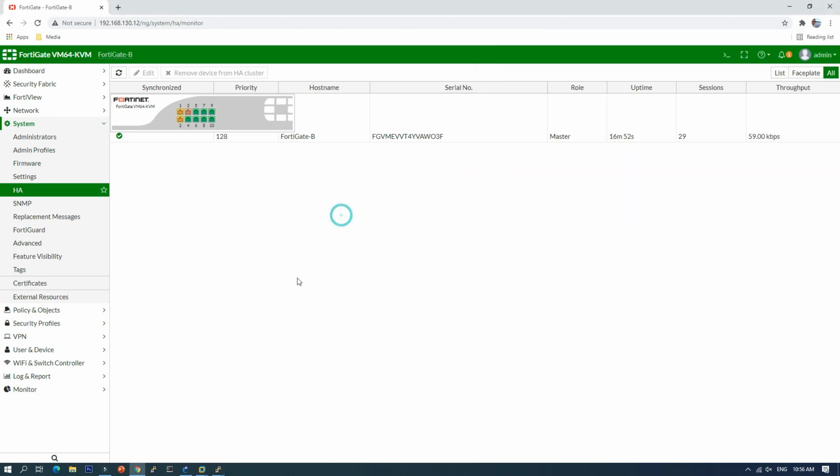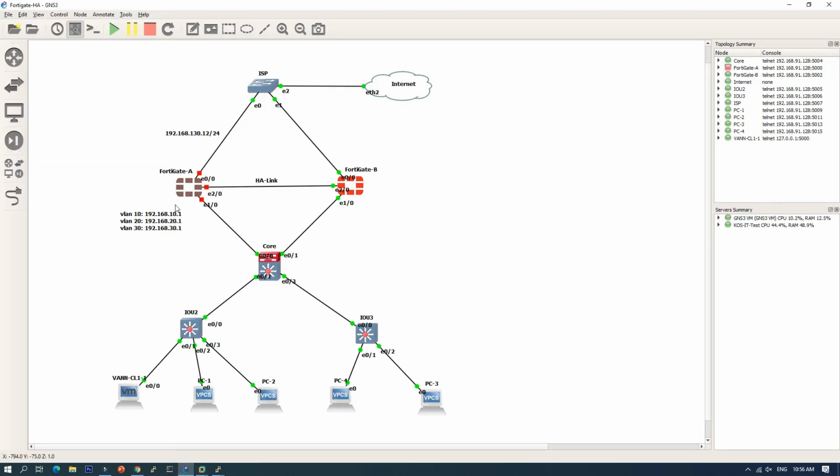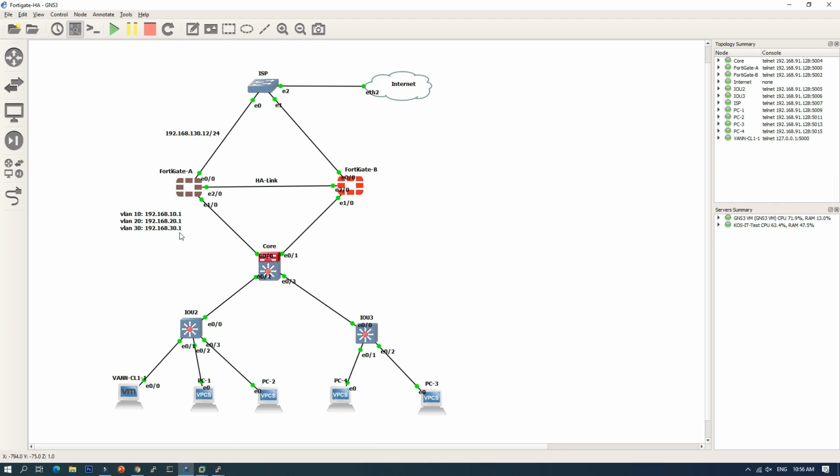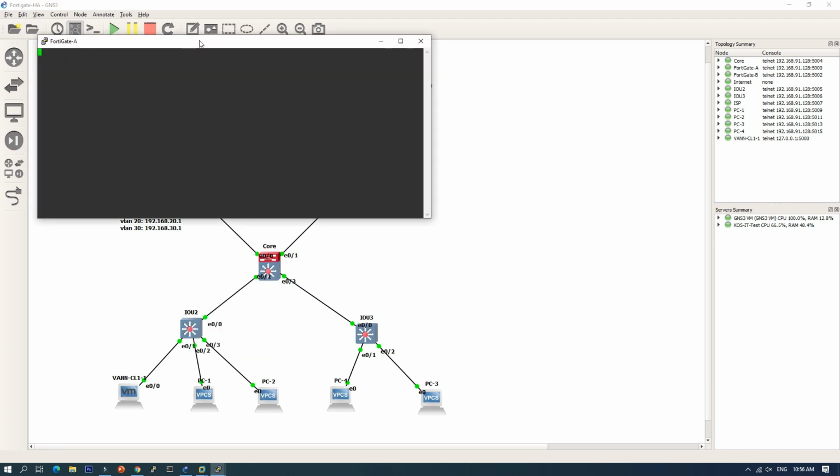If I bring back the FortiGate A, let's wait for the FortiGate A to start up.